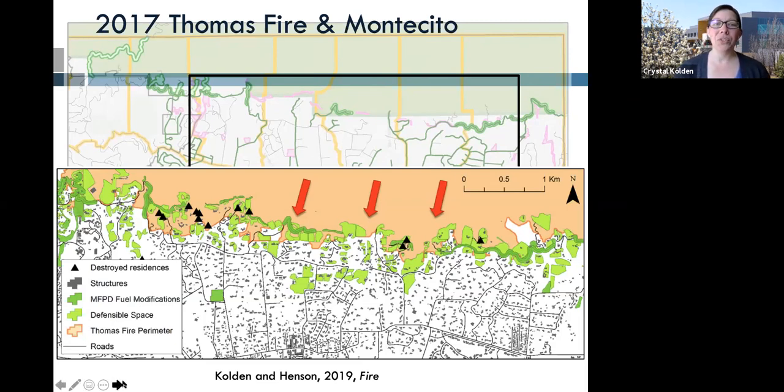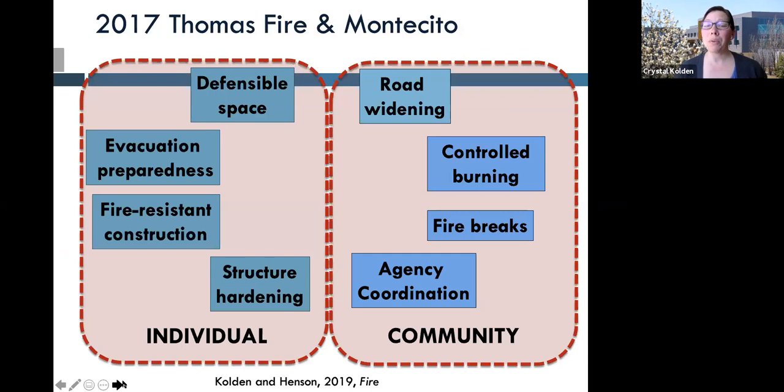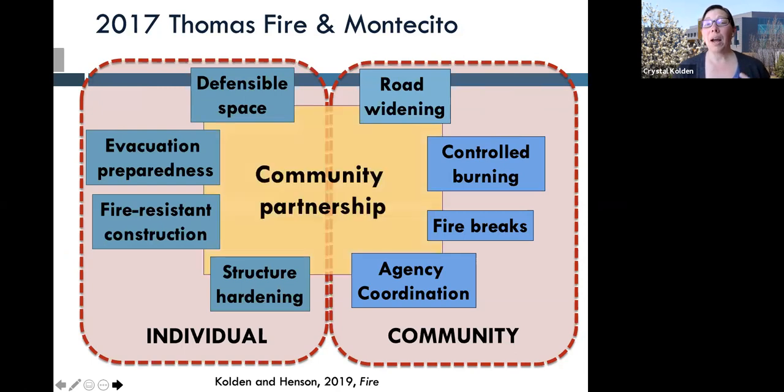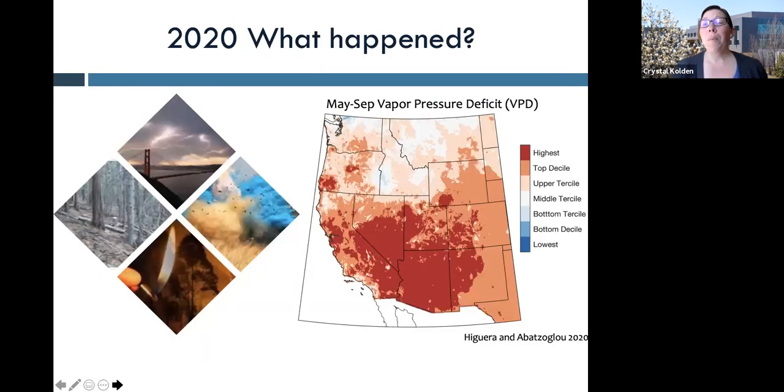So what I've done the last couple of years is started to think about that on a broader level. What were the things that they did? And really what we found was that they did all of these different things, both as individuals and in the community. And it really demonstrated a strong community partnership to try and facilitate the best possible outcome during that fire event. So bringing that idea forward to 2020, first, I want to ask what actually happened this year,